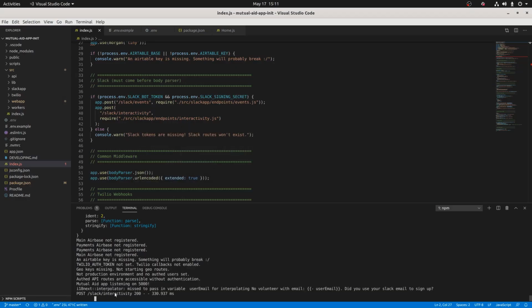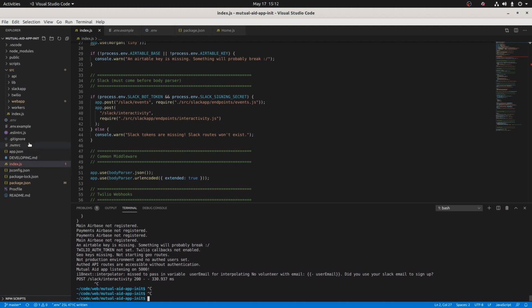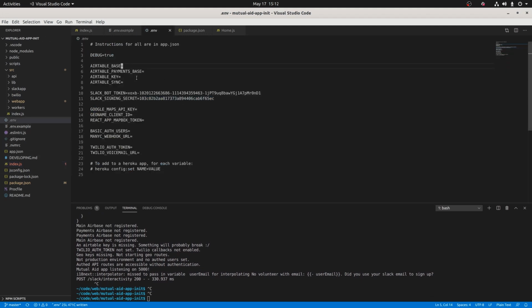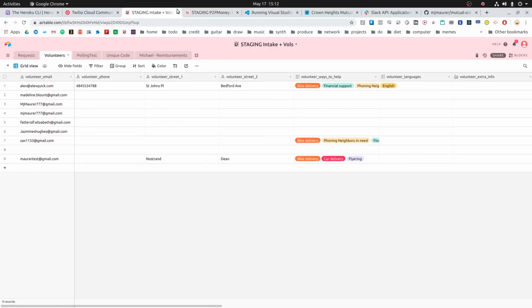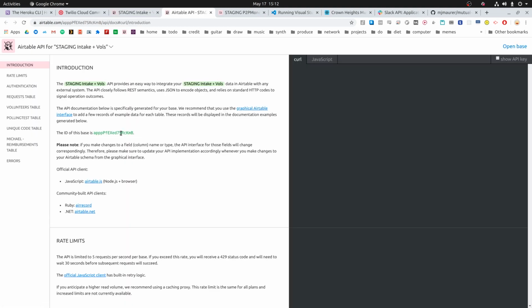So this thing was failing because our Airtable keys aren't set up. So we're going to go back to .env and set our Airtable base and our Airtable key. This is the main Airtable that we're talking about. It should look familiar, and we're going to go to help, API docs, grab the ID,